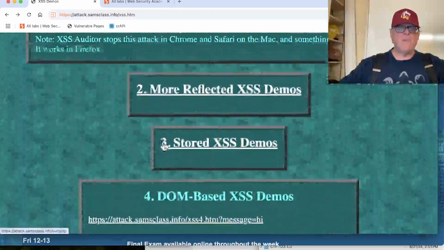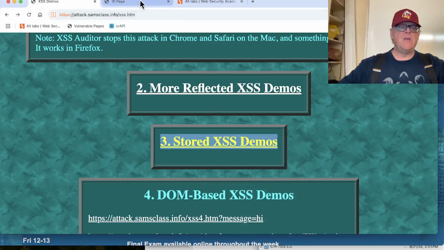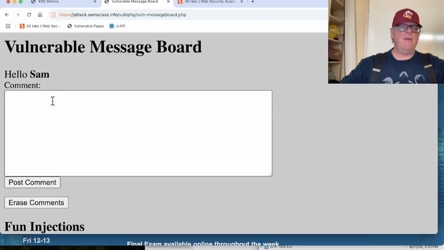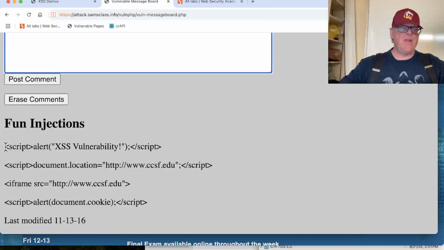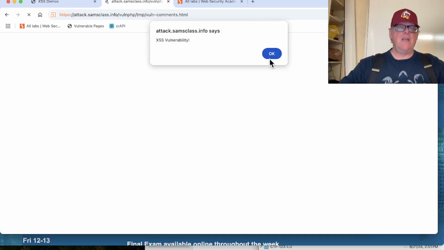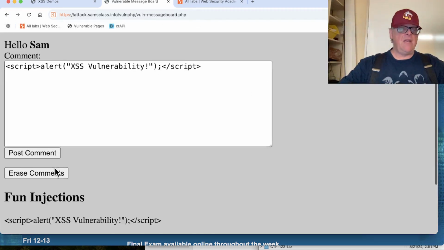So I don't think I've got that one here. Let's take a look at the stored XSS demos. Yeah, so here I can put in my name. My name is, this is the reflected one. Now I'm in the message board. So in the message board, I can put in this one again, and it will remember that. So now I post a comment, and now anybody that views the list of comments will see that. And I can add